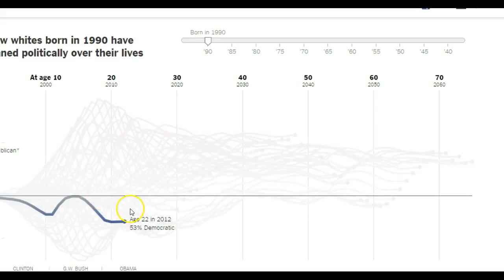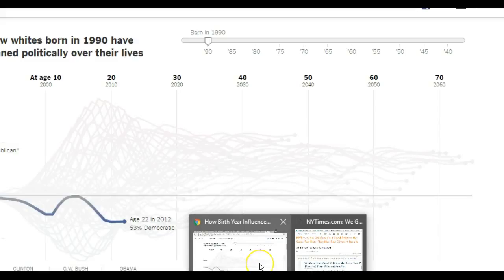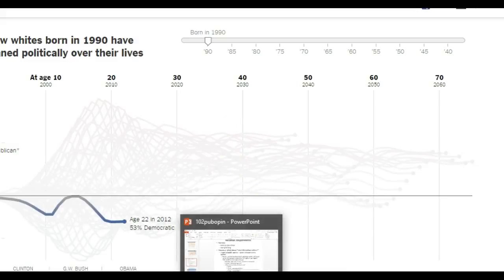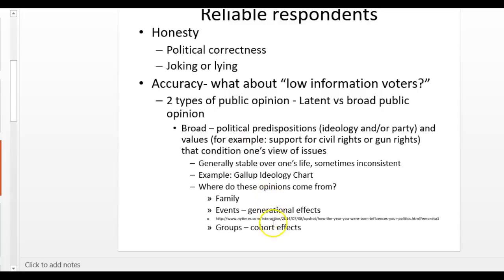The people who were in their early 20s during the Obama administration tend to be much more Democratic. And this is worrisome for the Republican Party. We see this trend right now. It's shifting back to a kind of Democratic generational effect. We also see pretty strong cohort effects in terms of groups. So African Americans tend to be much more Democratic. Evangelical Republicans tend to be more